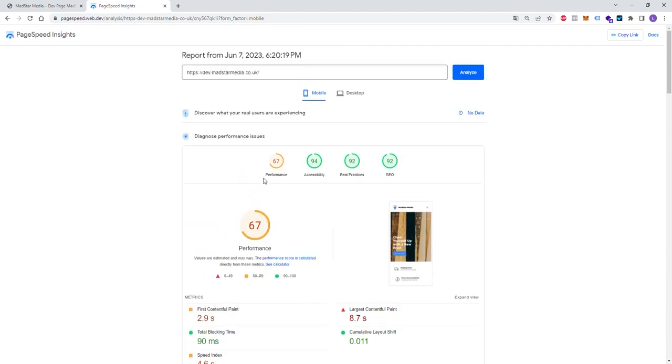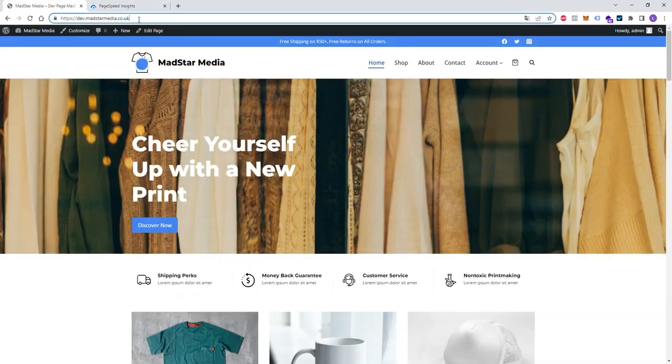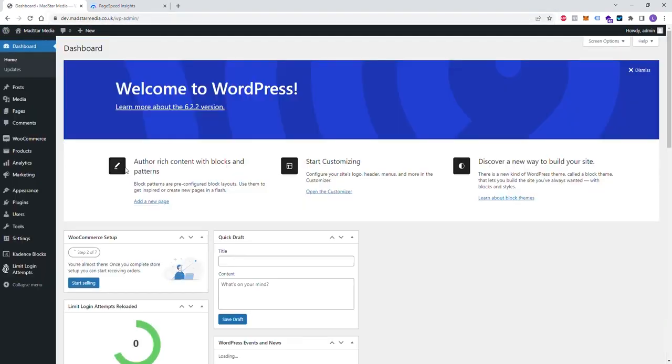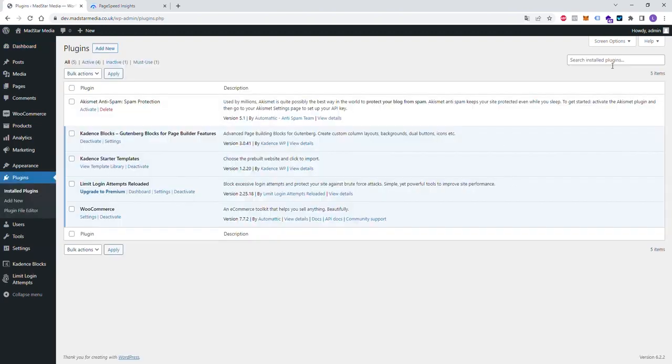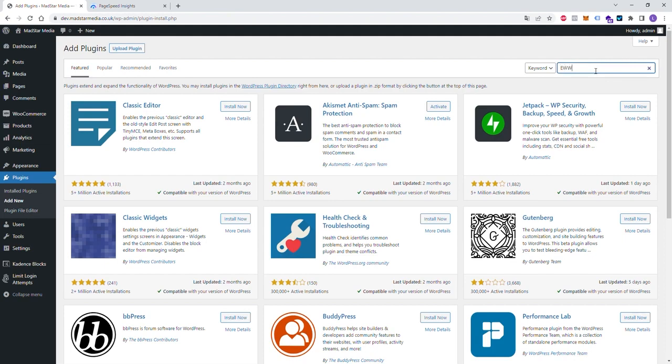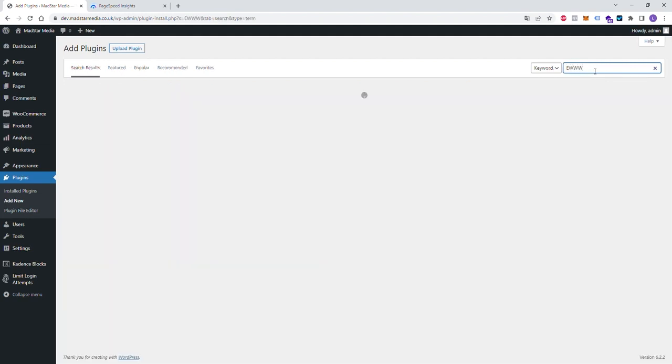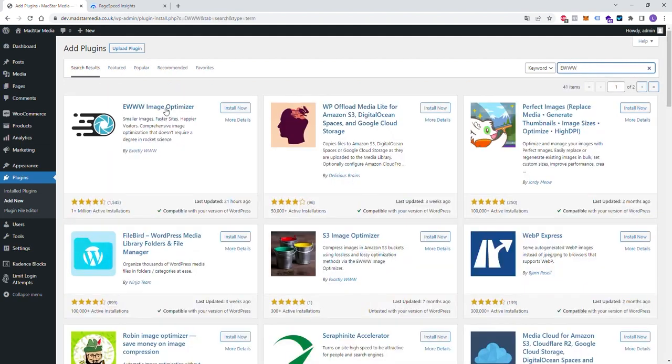So we'll start with the first widget plugin. You'll go to your WordPress, you'll go to WP admin, and then go to plugins, add new, and then search for EWWW. Then press install now. This is an image optimizer which will make your images smaller, faster size, and in general speed up the process. So then you press activate,